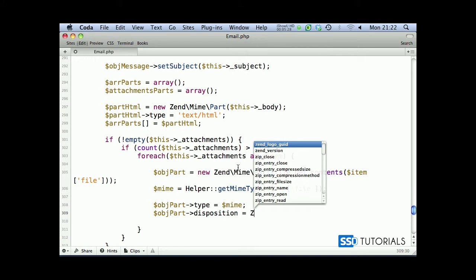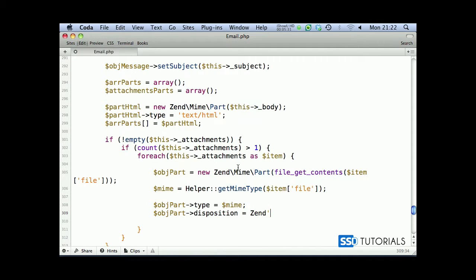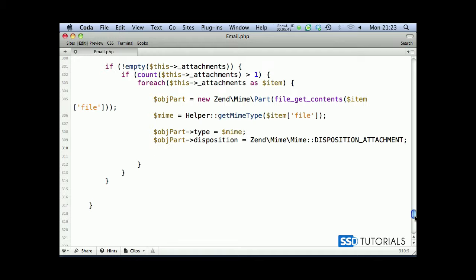disposition equals Zend mime, and then we go for the constant disposition underscore attachment to indicate what kind of disposition it's going to be. If we scroll down, now we also need to provide the encoding parameter as well, property object part